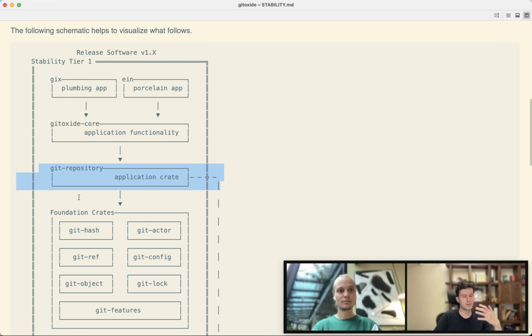And I think that's a good place for Git repository to come in and see how things can be even more idiomatic, for example, how they can be even more Rusty, while of course being faster in the light of multi-threading applications with hundreds of cores, right? So this is the kind of thing that Git repository will